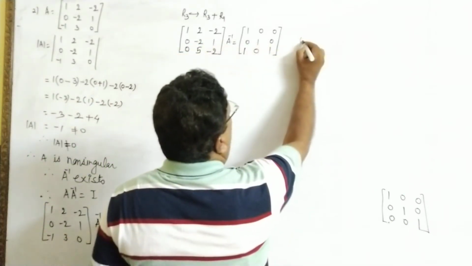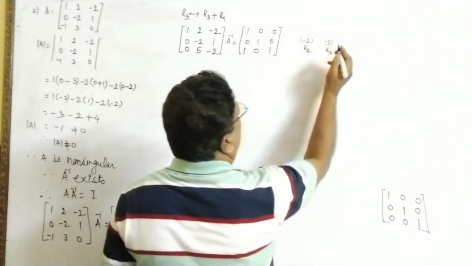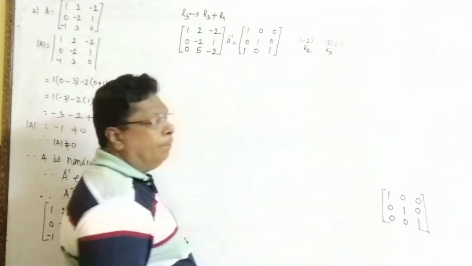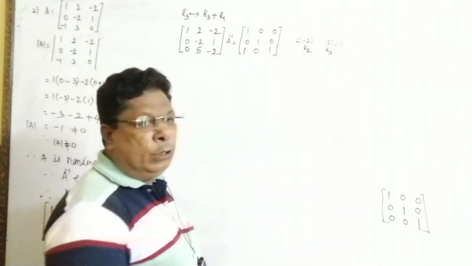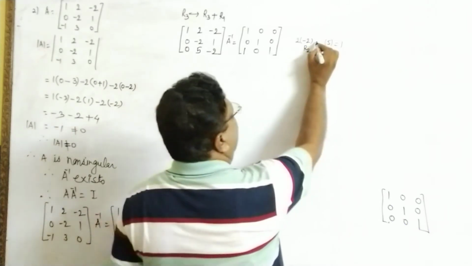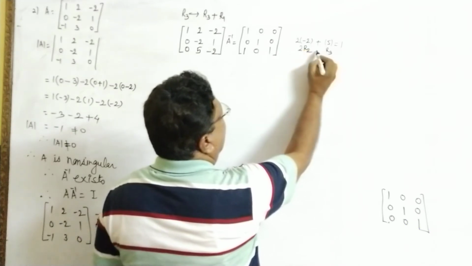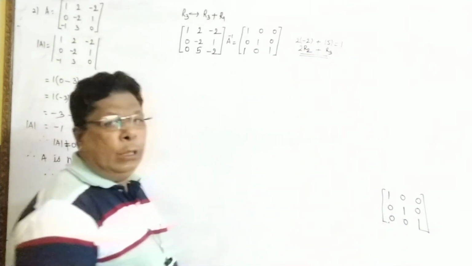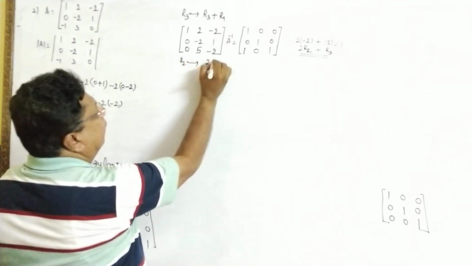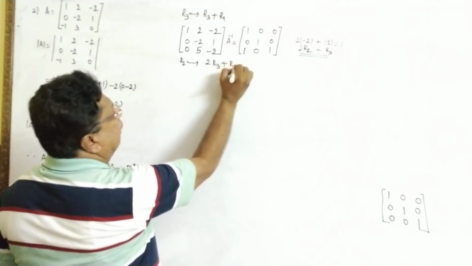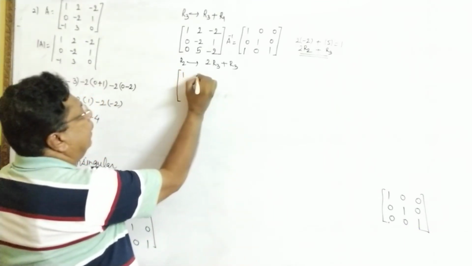Now see the operation: -2 represents the second row, 5 represents the third row, and we want the simplification 1. So here multiply by 2. 2 into -2 is -4, and here take plus. -4 plus 5 is 1. So write down this 2 and here plus. So the operation is R2 implies 2R2 plus R3. Which row will change? Second row will change. No change in the first and third row.